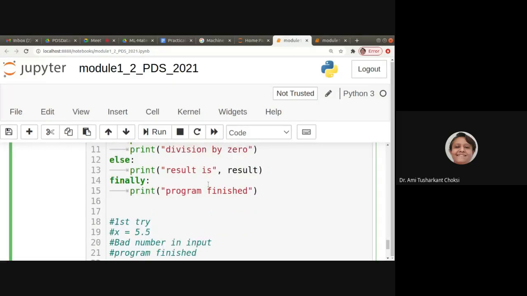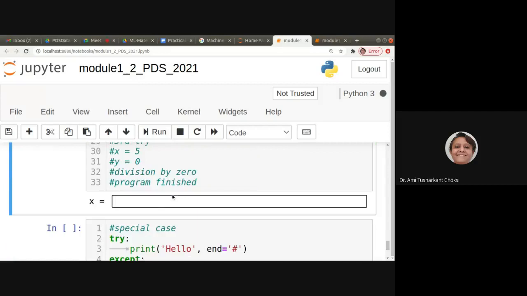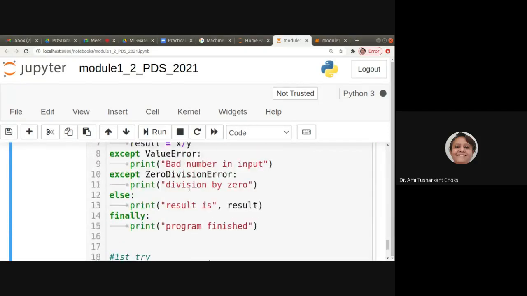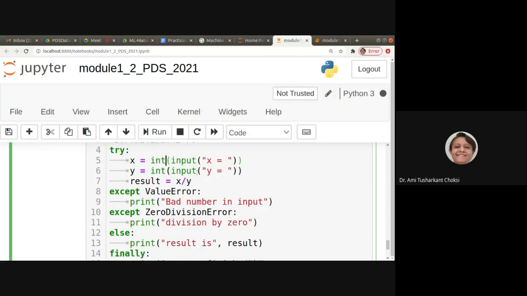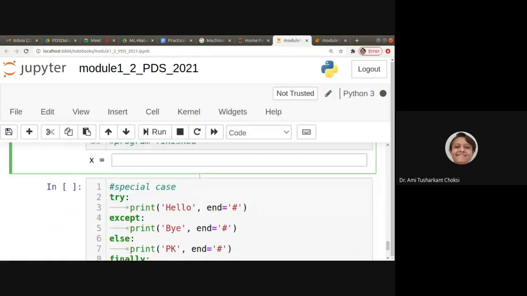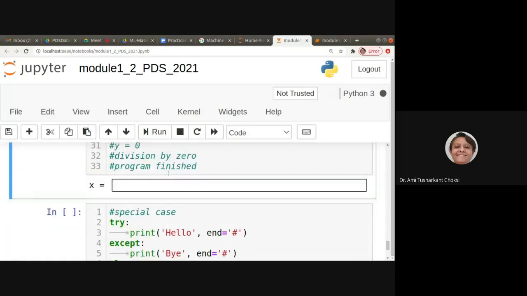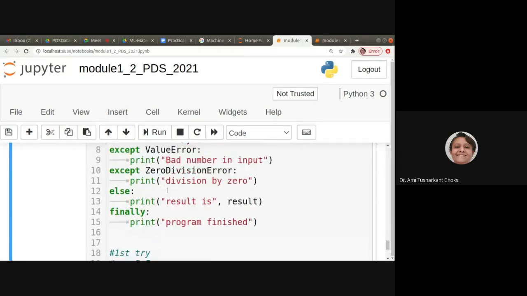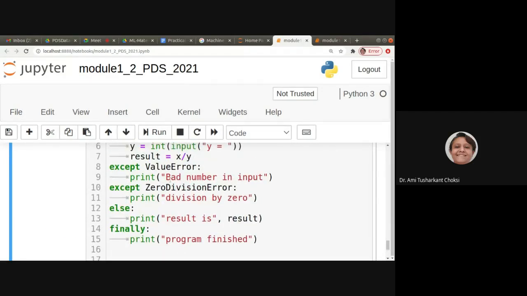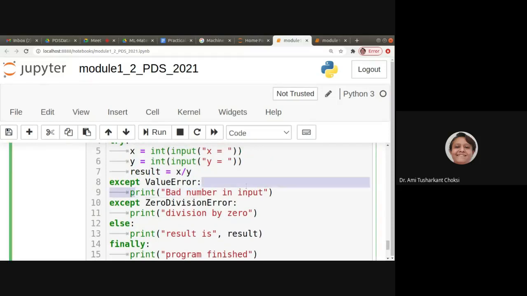So let me run this. X is the input it is taking, and typically we are converting it to integer. I would not like to have it as integer. Let me give it as 5.7. Bad number input. Where have we written that? Here in the value error, we have written it as bad number input.